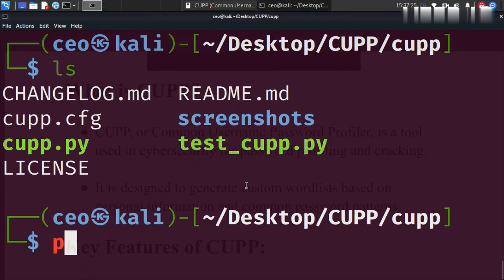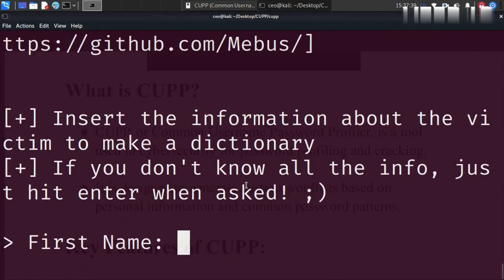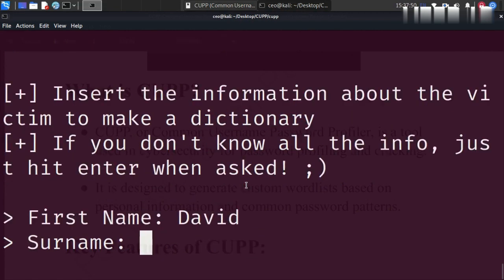So to use it, we say python3. It is dependent on Python, so you must make sure that you have Python installed, and fortunately for Kali Linux, everything comes pre-installed. Here we will enter the victim's name, maybe David,